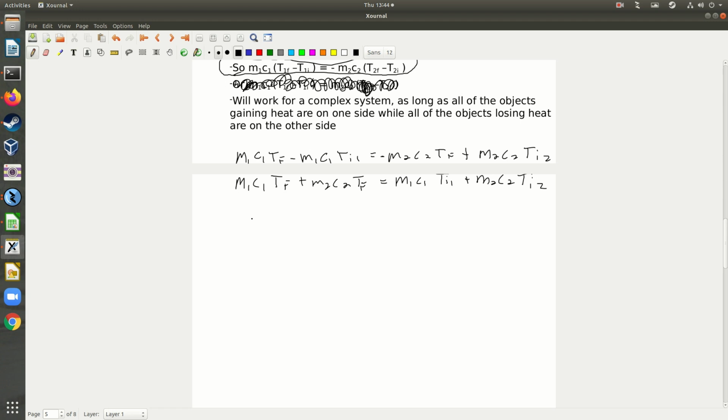Basically, once again, what if I need to solve for the final temperature? So if I pull out my TF here, that's going to give me M1 C1 plus M2 C2 equals the same thing, and then divide both sides, I get a completely new equation: M1 C1 TI1 plus M2 C2 TI2